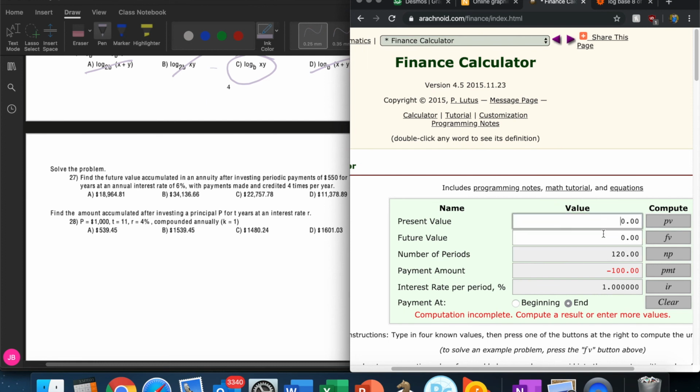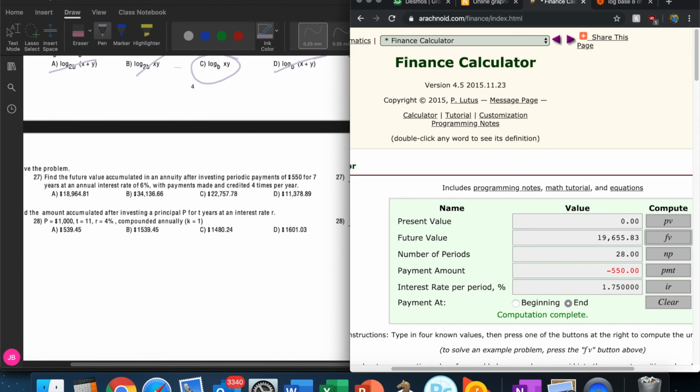Okay, present value is currently going to be 0. Future value is what we're looking for. Number of periods, this is going to be your n. So it's that 7 times 4, which is going to be 28. Payment amount, we're going to say we're paying $550. And the interest rate per period, that's that 1.75%. They're asking for it in percent right here. You see how they're asking for percent? So we're going to compute future value. Future value is going to be,